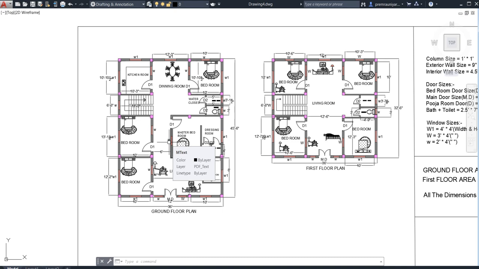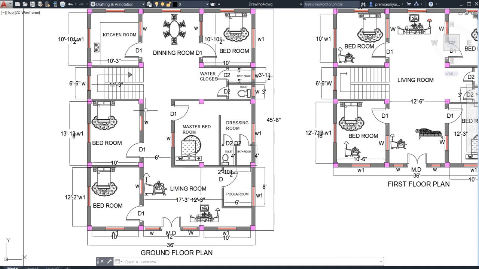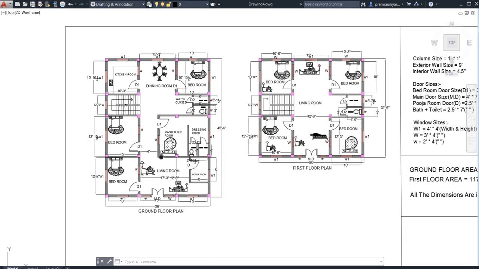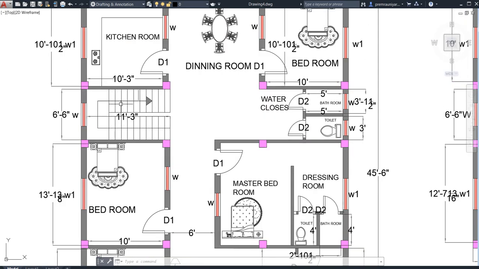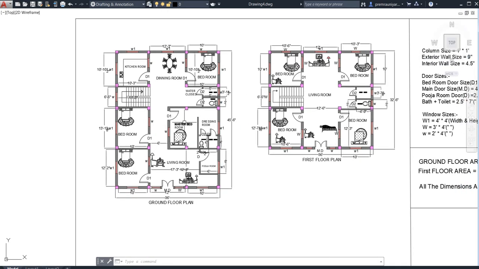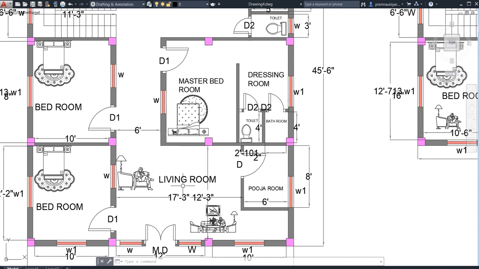I don't know the specification of bricks in your locality, but generally we consider the thickness of one brick to be 4.5 inches. So two bricks thickness will be 9 inches, right? 4.5 inches into 2.